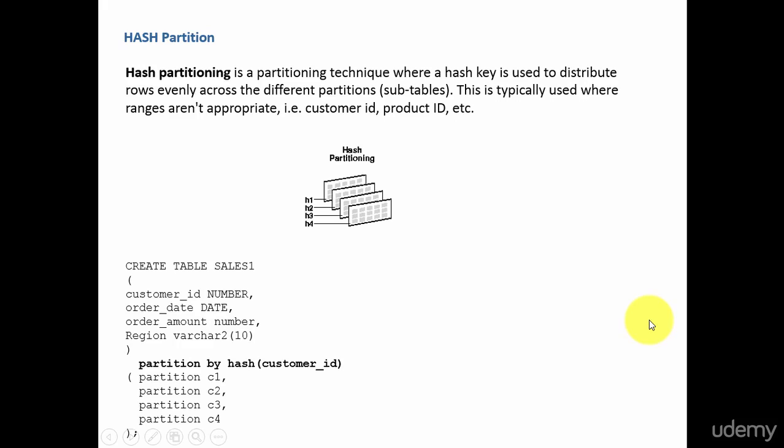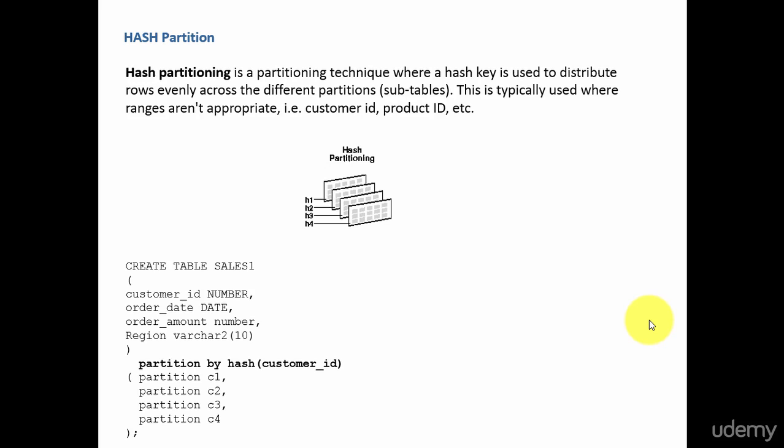In this session, let's learn about hash partition. The hash partitioning uses a hash key to distribute your rows evenly across the different partitions. For example, if you give a column like a customer ID or a product ID to the hash algorithm, based on the value a hash key is created, and based on that hash key it distributes the data evenly across